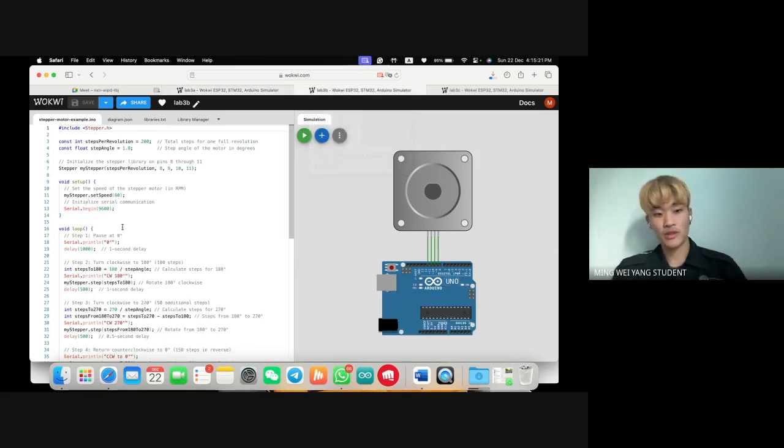For the second situation, the speed of the stepper motor is set at 80 RPM. The motor needs to turn from 0 degrees and then clockwise to 180 degrees, then pause for 0.5 seconds and turn to 270 degrees clockwise and pause for 0.5 seconds and finally turns back to 0 degrees by